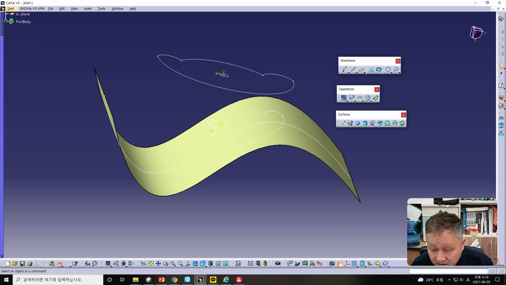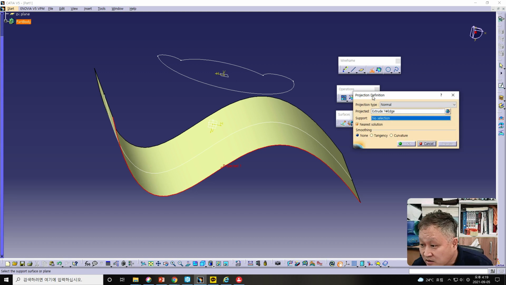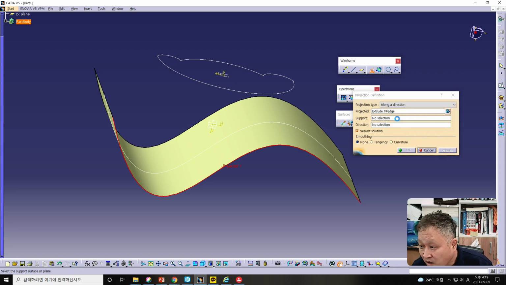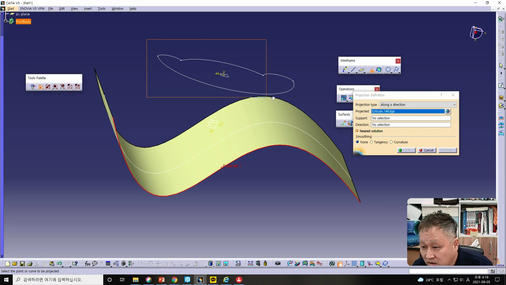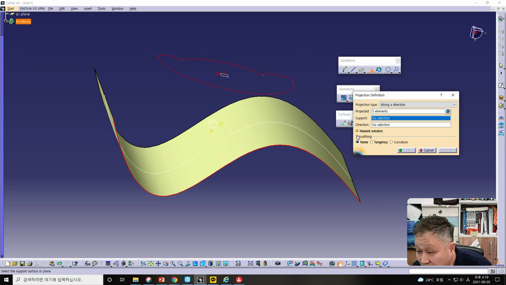And in case you select projection along a direction, project this one and support here,